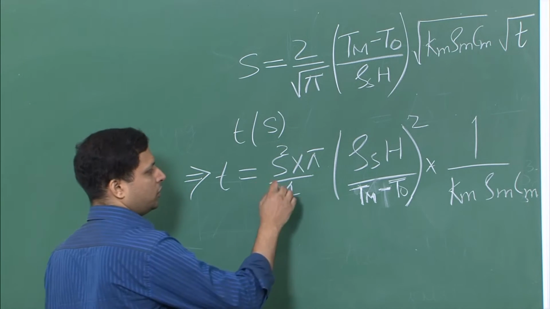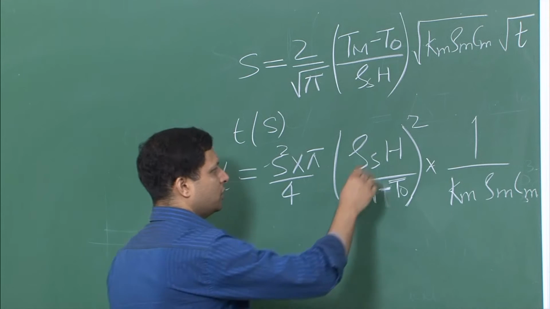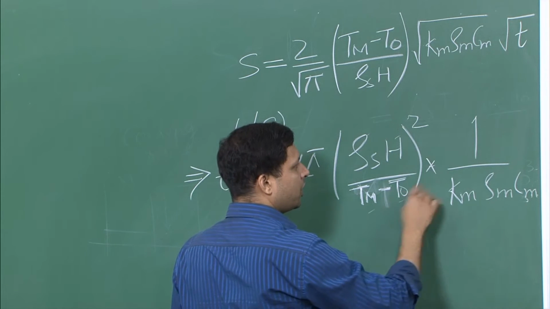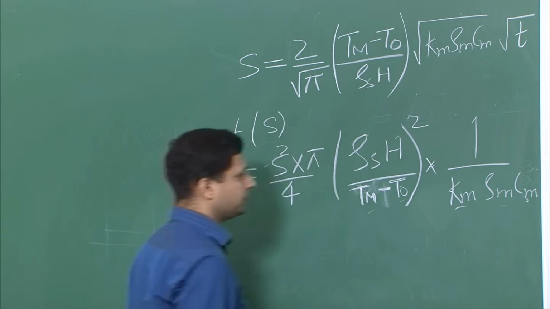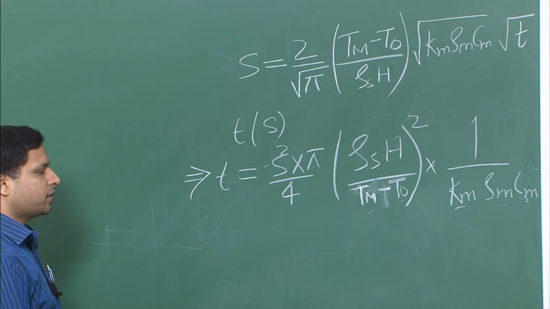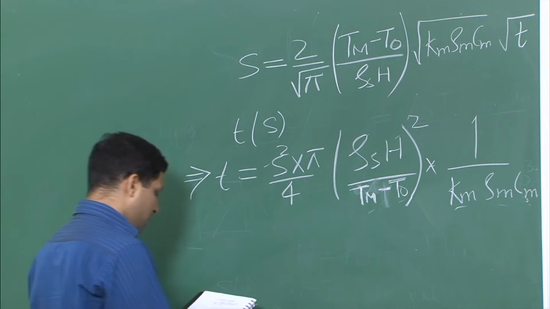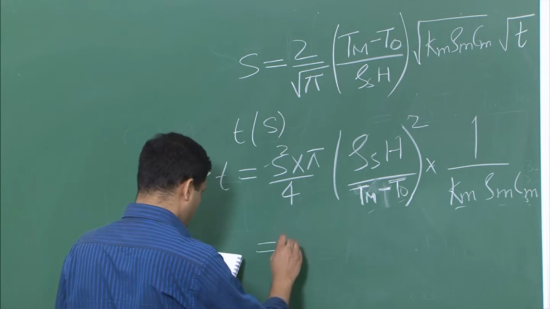Now here you know all the parameters, you know S, you know rho S, you know H, Tm, T naught, all the parameters are given, and therefore you can just simply plug in the values and you would see that the time comes out to,